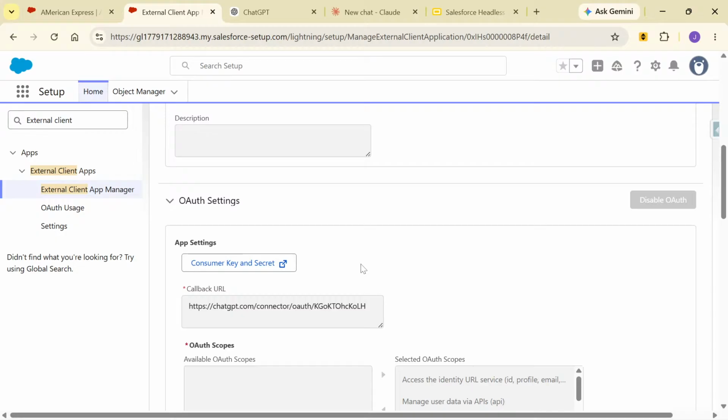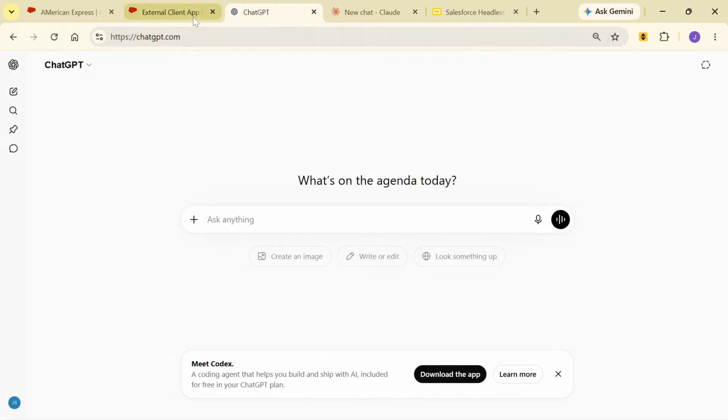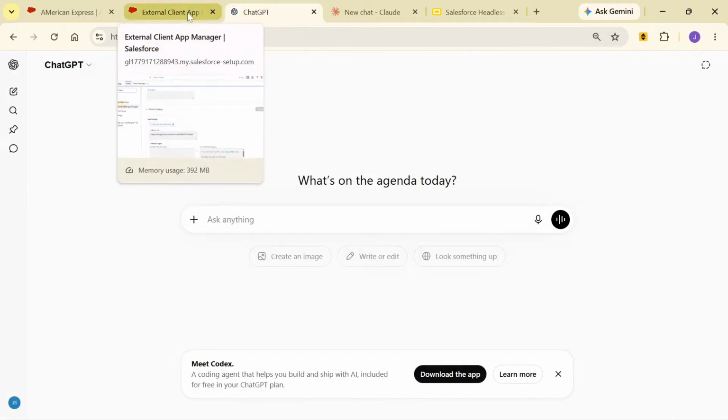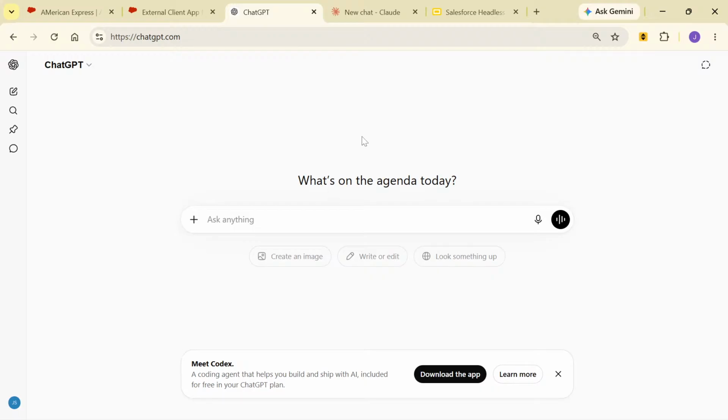Okay. Now, before I start showing you where that setup needs to be done, let me show you a quick small demonstration of what we will do once this connection is set up. So let me go to ChatGPT. My ChatGPT is already connected to Salesforce. All right. And let me say, I want to retrieve a list of all the accounts. So I would just say